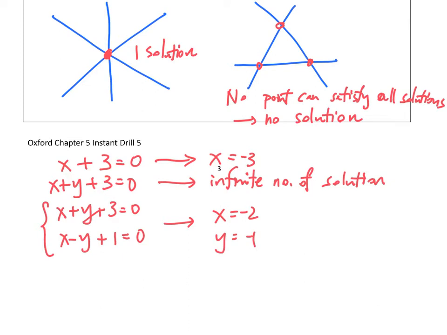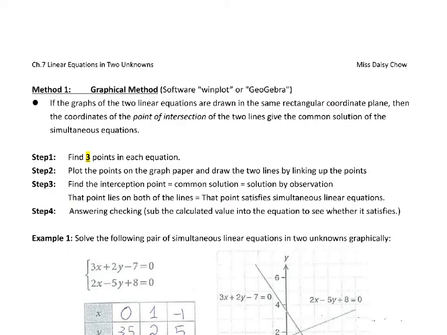So the main theme of this chapter is, given two equations and two unknowns, can you find the common solution which can satisfy both equations? So in the following part, we will introduce three methods, 三種方法去 solve 個 solution 出嚟嘅. So the first method to solve two linear equations in two unknowns would be the graphical method. So you